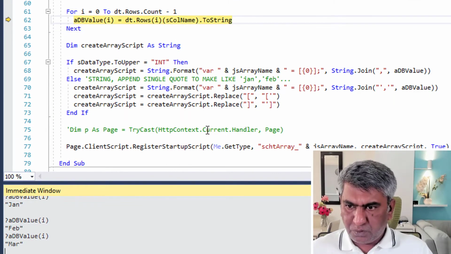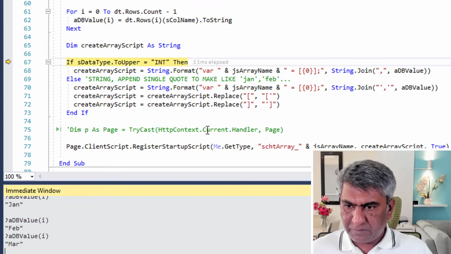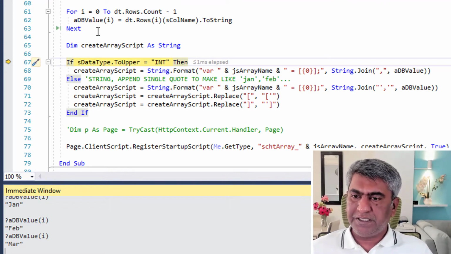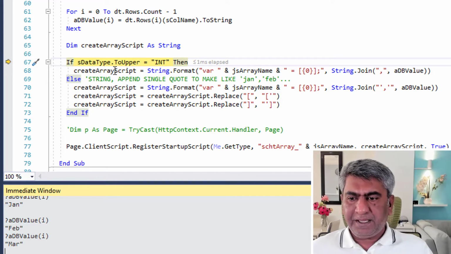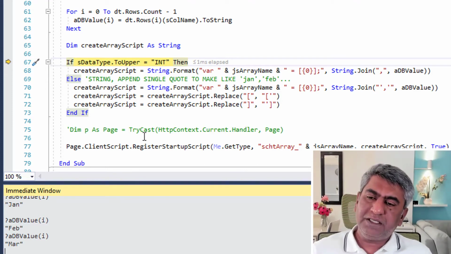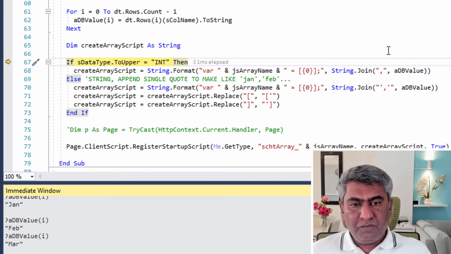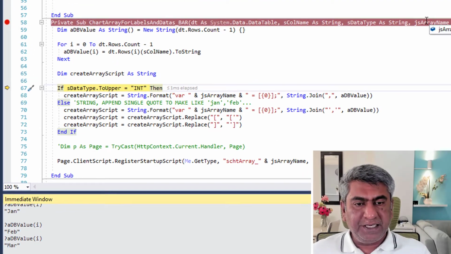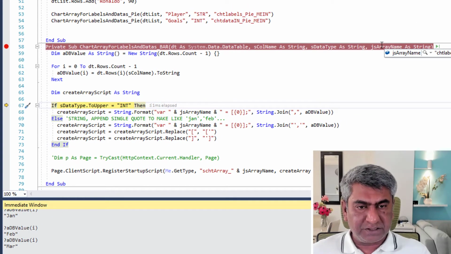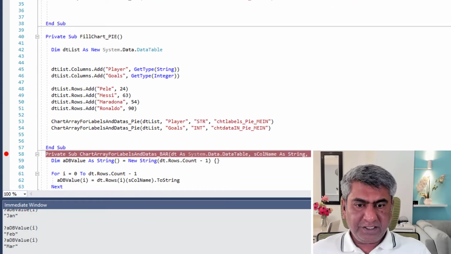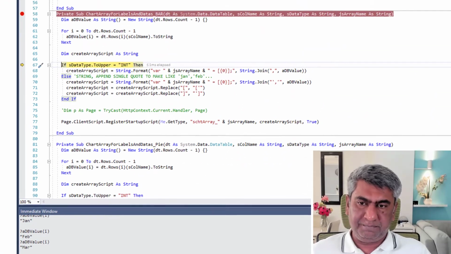So let's quickly fill this all. Now the loop is ended. Now the ASP.NET array is filled with the data. Here what we are going to do is convert this ASP.NET array into a JavaScript array. Now we have already passed the JavaScript array name here, chart label months. If you have forgotten, you can see here we are passing the name of the variable. So here is the creation of that variable name.